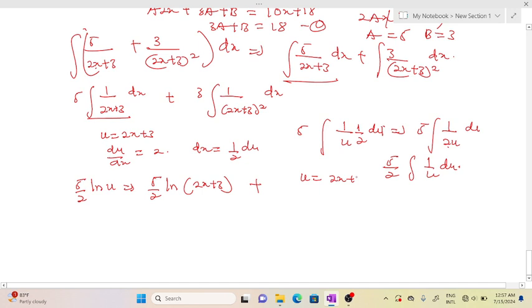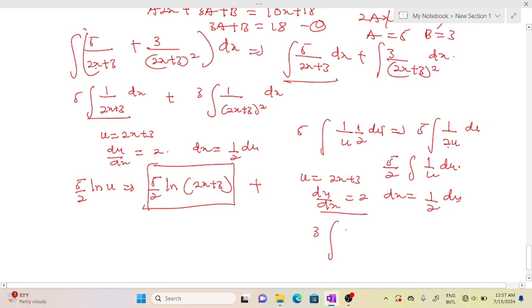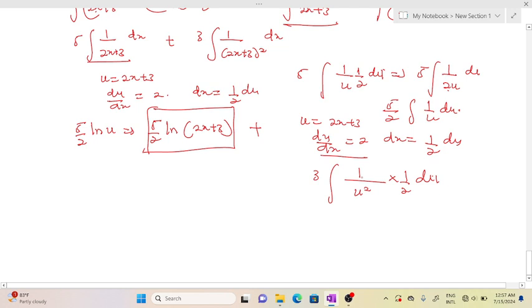So I've got my first part of the answer. I've put this in a box, right? Then the next part: now I've made my dx the subject, so at this point I'll make my substitution. I'll have 3, my integral sign, 1 over this whole thing, you represent it with your u squared, then times 1 over 2 du, right? So my 1 over 2 will come out as a constant, and I'm simply going to have 3 over 2 integral of 1 over u